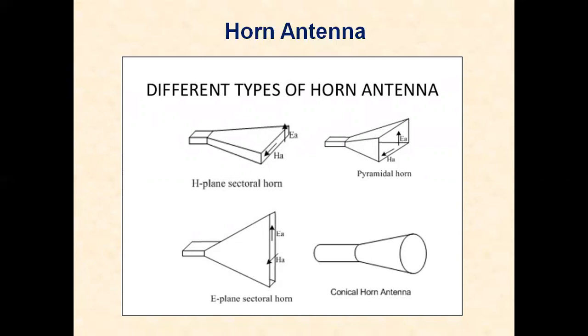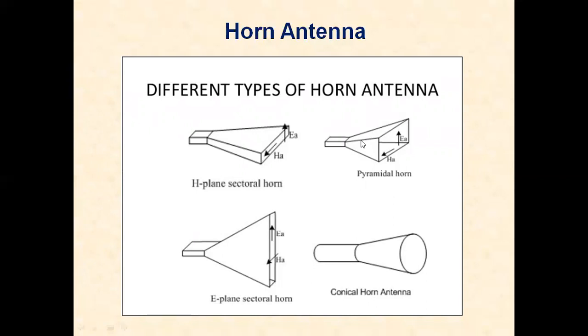Whereas the E-plane horn, this is the E-plane horn, is also a sectorial horn which is flared out in vertical direction. So it is flared out vertically. This waveguide, when it is flared out horizontally, when it is expanded, we are getting H-plane sectorial horn. This waveguide at the far end, at the distant end, when it is expanded vertically, it is called an E-plane sectorial horn.